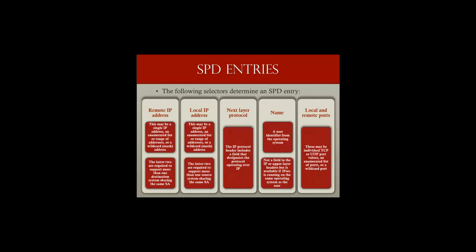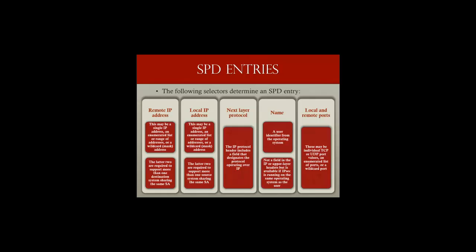A local IP address. This may be a single IP address, an enumerated list or range of IP addresses, or a wildcard mask. The latter two are required to support more than one source system sharing the same SA behind a firewall, for example. And then we have the next layer protocol. The IP protocol header, IPv4 or IPv6 or an IPv6 extension, includes a field which is protocol for IPv4 or next header for IP version 6. It could even be an IPv6 extension that designates the protocol operating over IP. This is an individual protocol number, or any, or for IPv6 only,